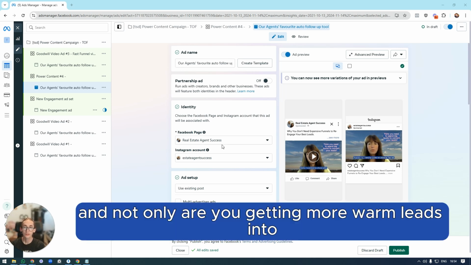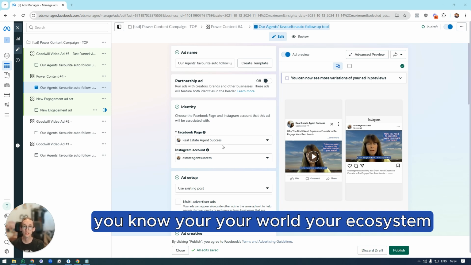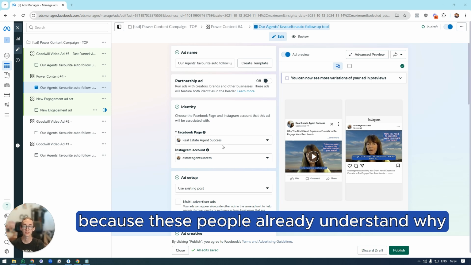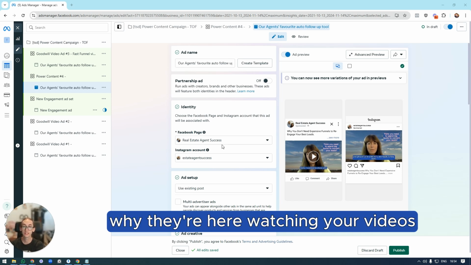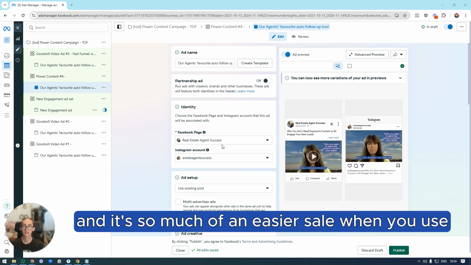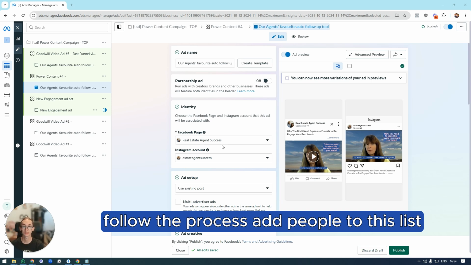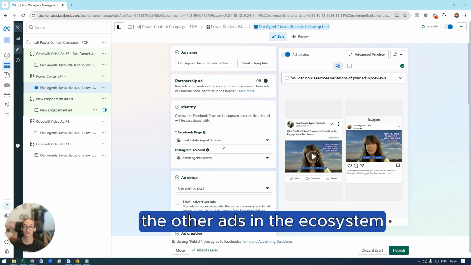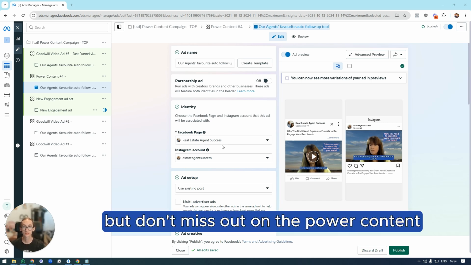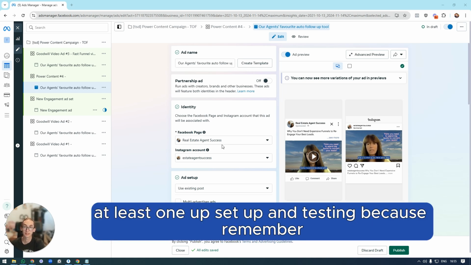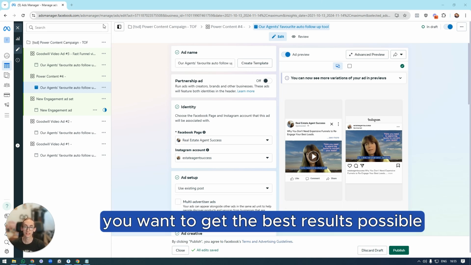And not only are you getting more warm leads into your world, your ecosystem, it's making it an easier sale for yourself, because these people already understand why they're here watching your videos, why they're actually reaching out to you, that they're in the right place. And it's so much of an easier sale when you follow the process, add people to this list, and then of course you need to remember to do the other ads in this ecosystem. But don't miss out on the power content. Make sure you have at least one up, set up and testing, because remember, you want to get the best results possible,